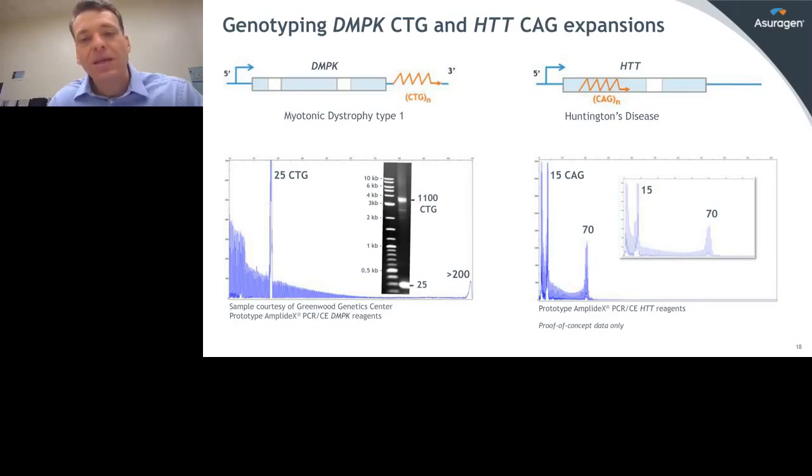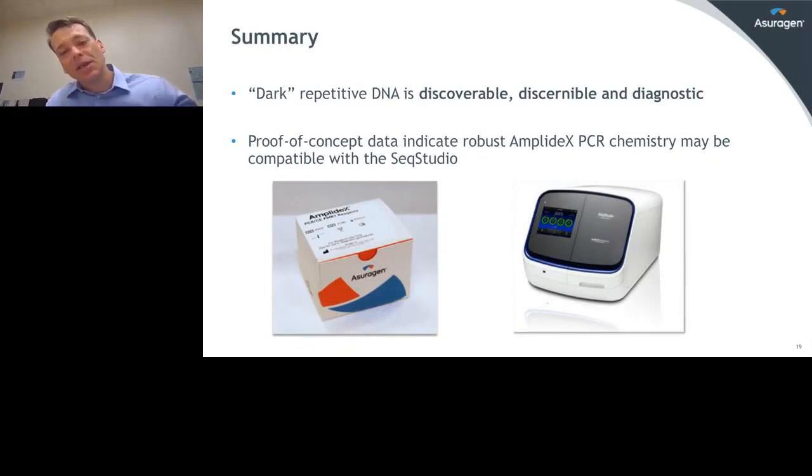And then the last case is with Huntington's disease. This is at HTT, in the exon, it's a CAG. The clinical threshold for disease is around 40 repeats, and I'm showing an example here of a 15 70. We have no trouble picking up the 70. In fact, we've run up to 250 with this particular repeat expansion and been able to detect it just fine. So both of these show that the SeqStudio has the potential to accommodate these numbers of repeats.